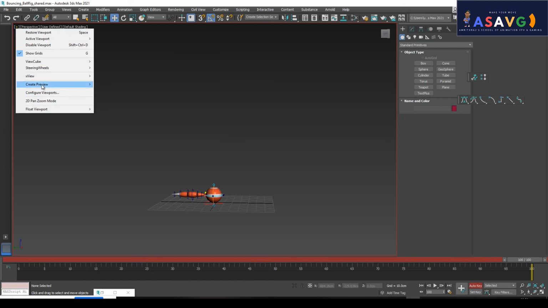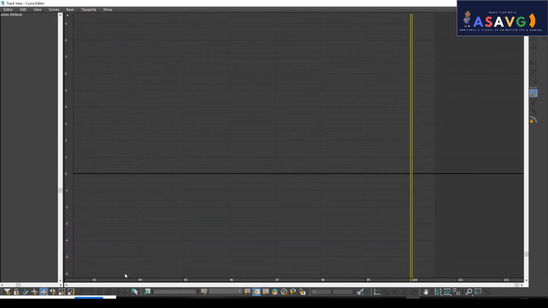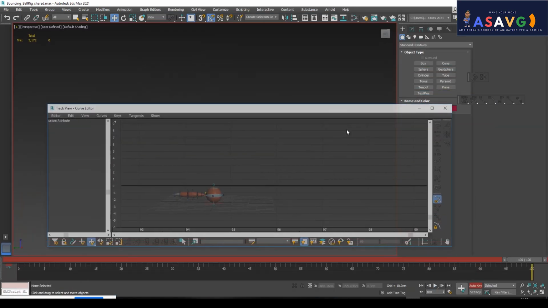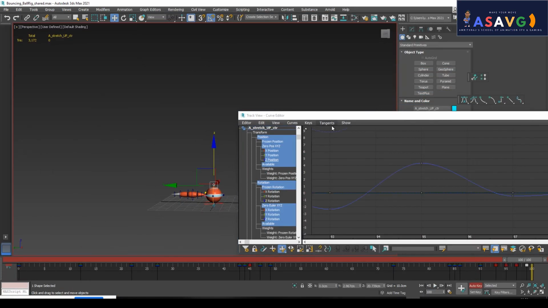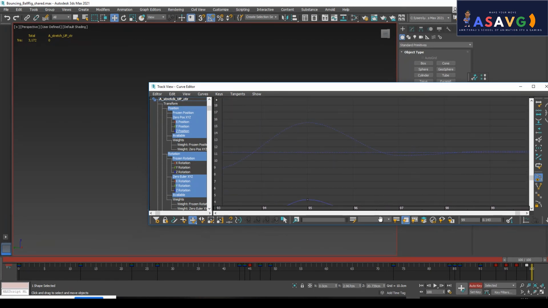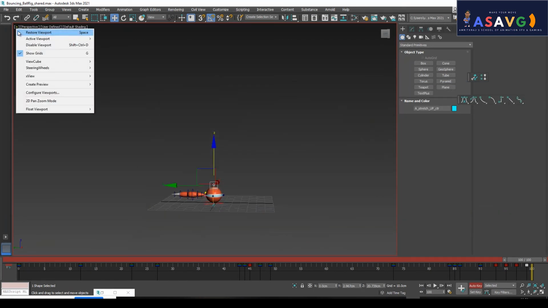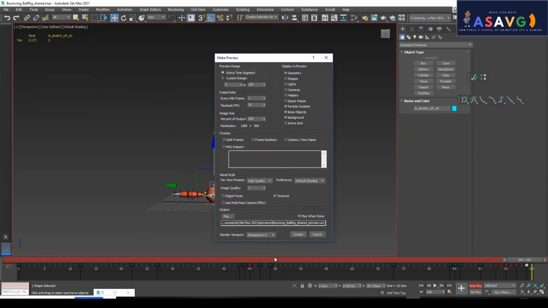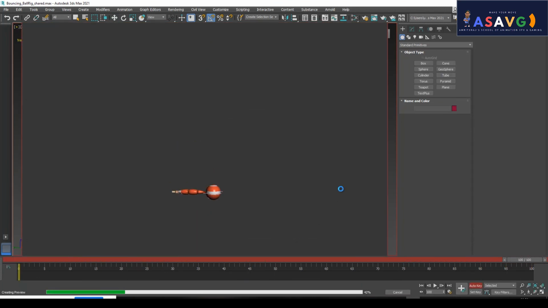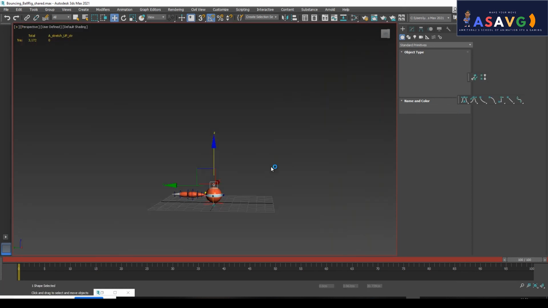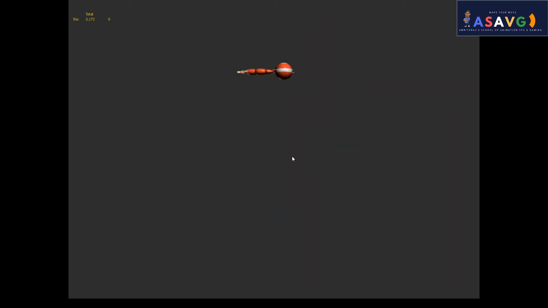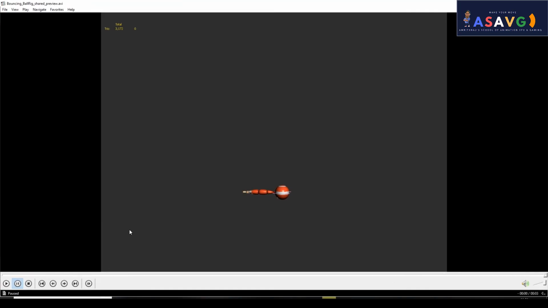So you understand the graph, right? This is the curve area, and that curve area I am adjusting on the graph. Okay, this area. So I will make a playblast, preview, create preview animation. Now we'll check it. Okay, now we will see the amount of bouncing. Now the bouncing is somewhat okay, right? Yes. Okay, now it's looking fine.